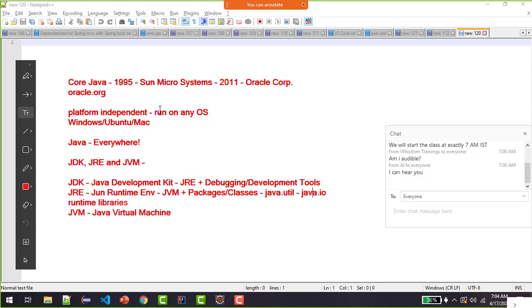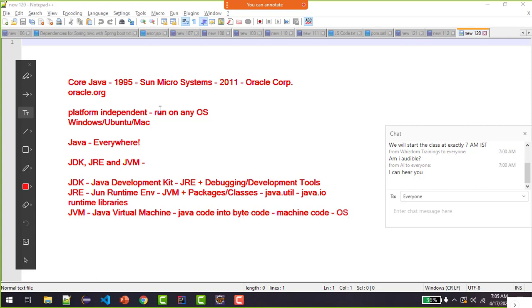So that is the runtime environment, and your Java virtual machine. See, the Java virtual machine is basically the one which converts your Java code into byte code or into machine code, with the help of which your Java code runs on the operating system. So when I say your Java code runs on the operating system, it is all because of JVM, which is there as part of JRE, and JRE is also part of JDK, right?